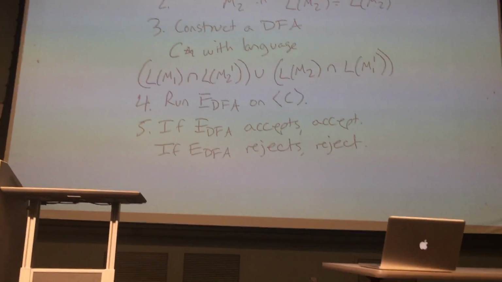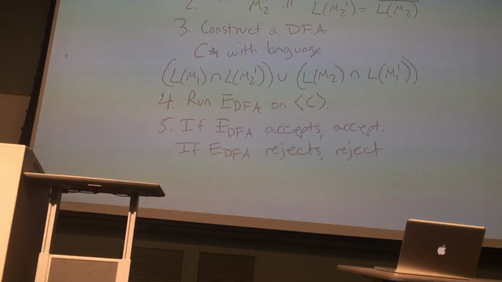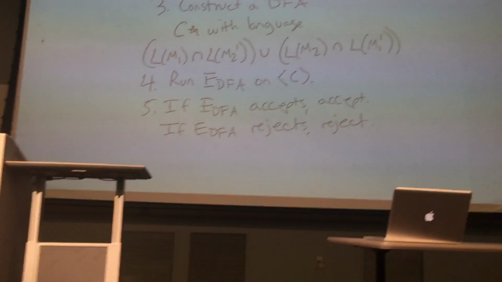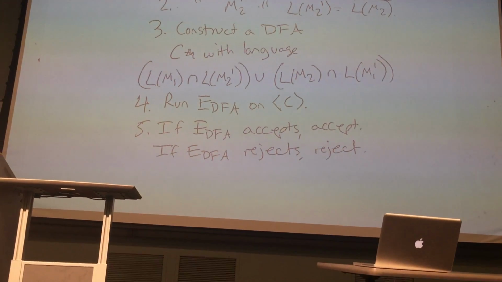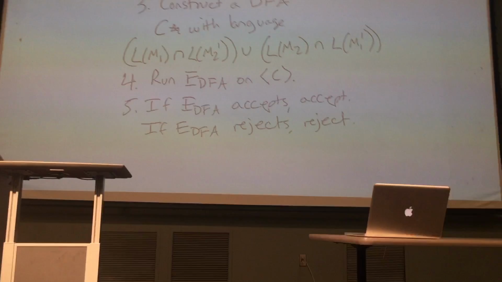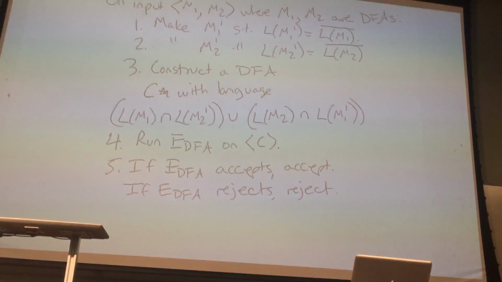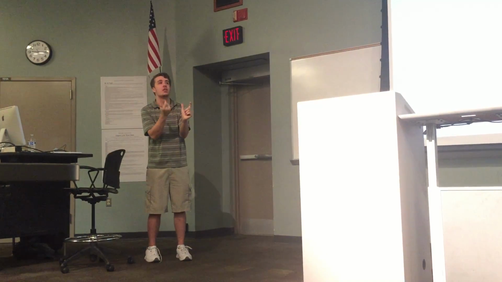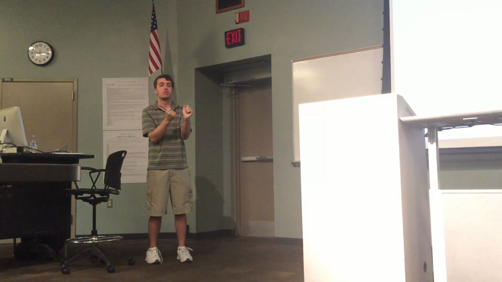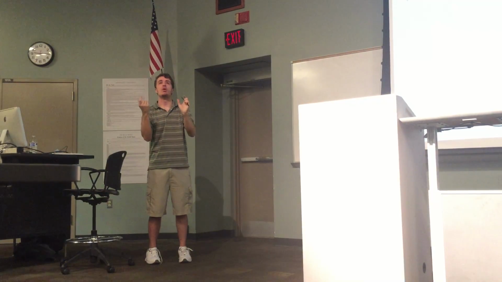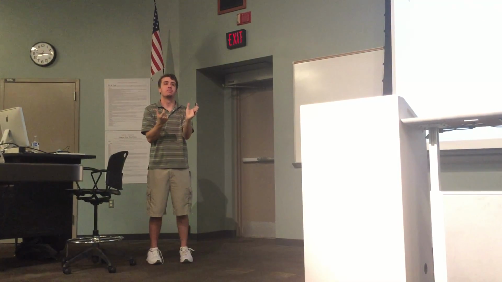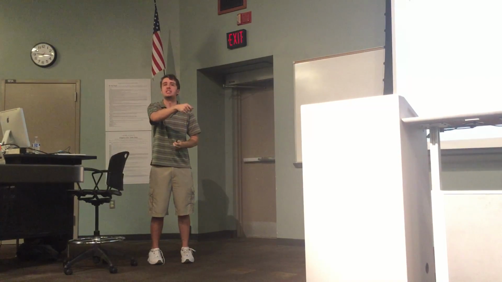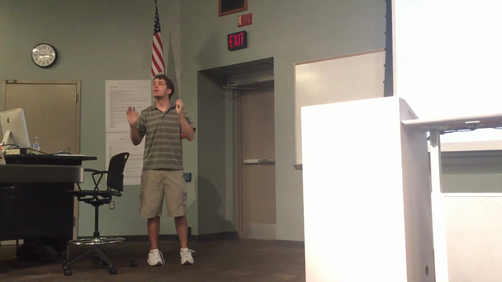Yeah. Is the reason that we have to do both cases, like the trivial case where we're checking between a non-empty language and an empty language? I want both of them to be empty. And so if any one of them is non-empty, I want to detect that. And so by doing union, the only way for one of them to not be empty is if their union is not empty either. So if their union is empty, both of them have to be empty for sure. Okay? Yeah, because if one of them wasn't empty, then their union would have to not be empty. Because empty set union empty set is empty set. Okay? Any other questions?